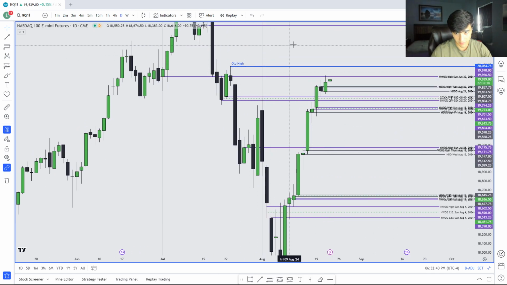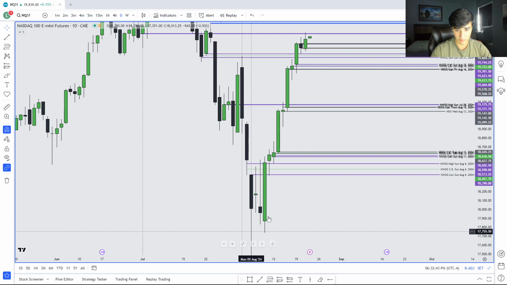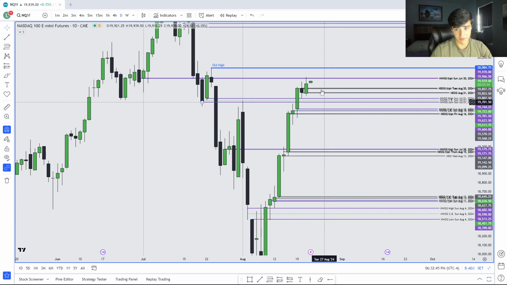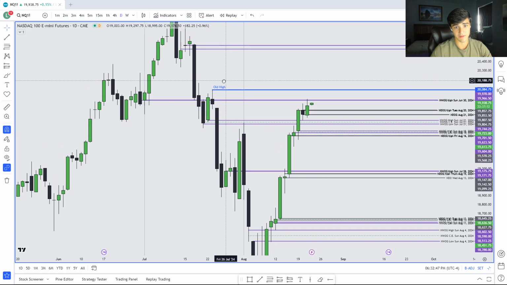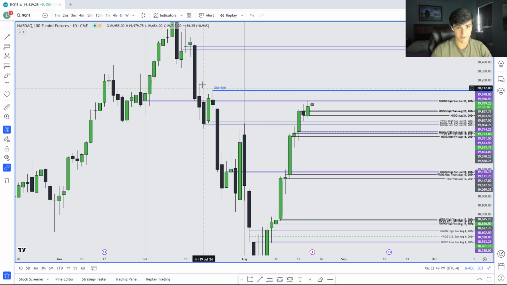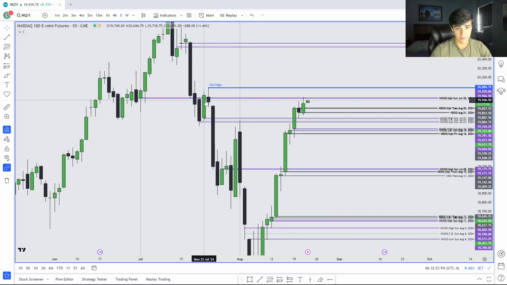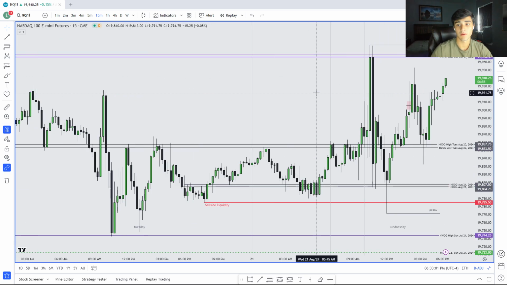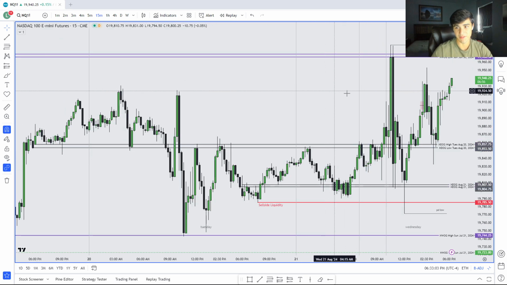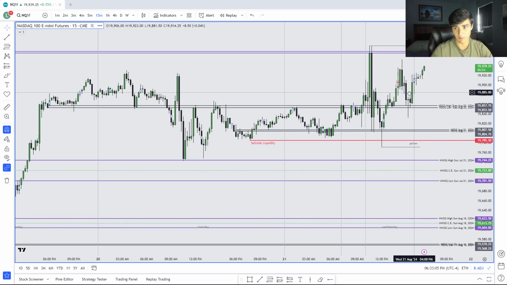That's my draw on liquidity. And we've been going up for a long time. So the bias is bullish. It's obvious that price is drawing to this old high. We also have this imbalance that's left unfilled. We took out this volume imbalance right here, and now I want to see price draw to this old high. So that was the draw on liquidity. But you have to develop a roadmap as to how the market is going to get there. And what I wanted to see occur,